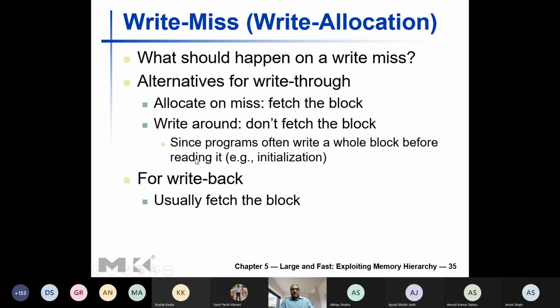So one way is that you first perform all writes on the main memory itself. Afterwards, whatever block you have written, you can bring into the cache if it is required. That is write around. It means you are writing into the main memory itself. Don't fetch the block in case of a write miss. In the normal case, there's allocation on miss. It means that if you want to write something and the block is not there, then you fetch the block, you write into that,